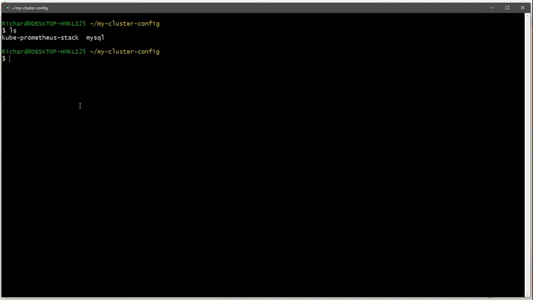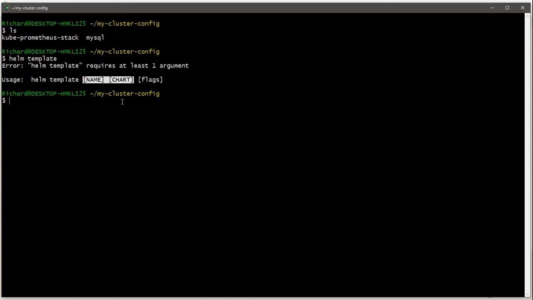Now what we could have done, instead of using Helm install to install this local copy of the chart, is go one step further. We could use instead the command called Helm template. Now the Helm template command needs arguments, and it is just the same arguments that our Helm install command required.